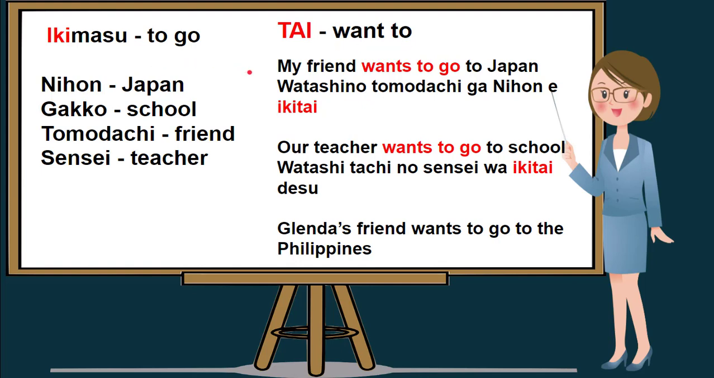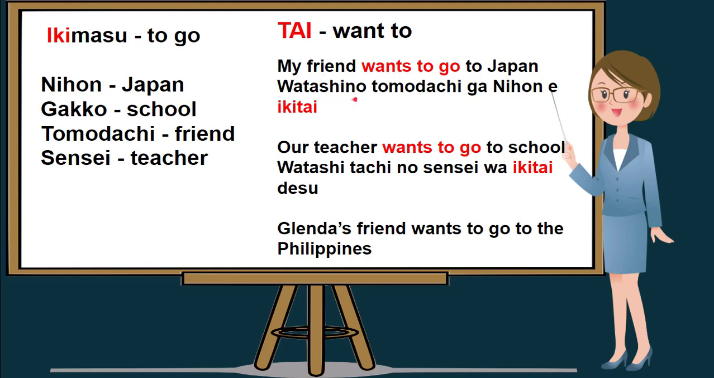In my following examples, we will be using Nihon or Japan, gakko or school, tomodachi, which is friend, and sensei, which is teacher. In my first example, my friend wants to go to Japan. So wants to go will be ikitai. Let's try to translate this word by word. My friend is